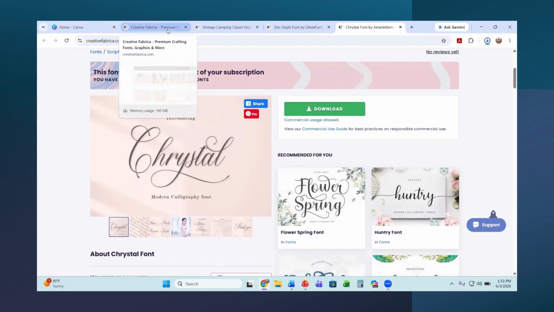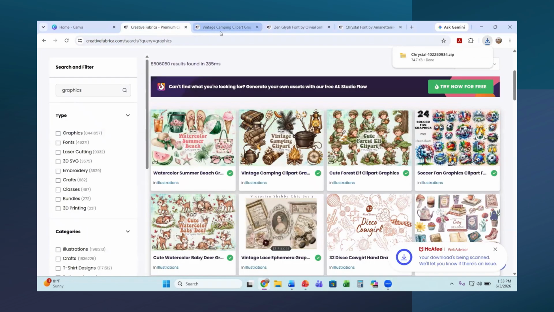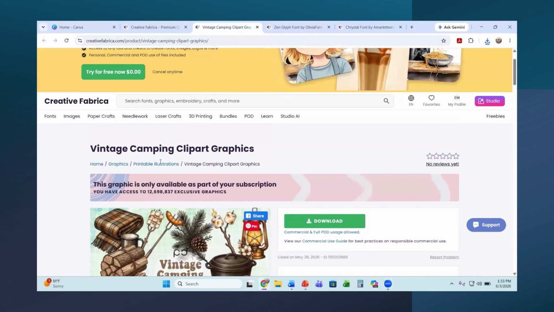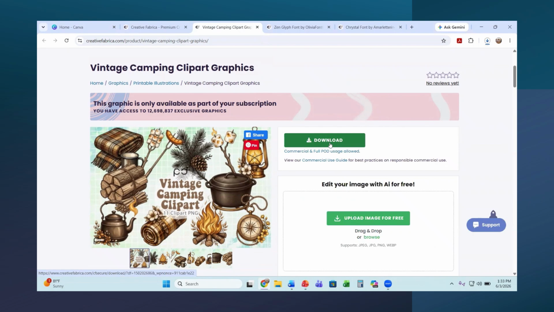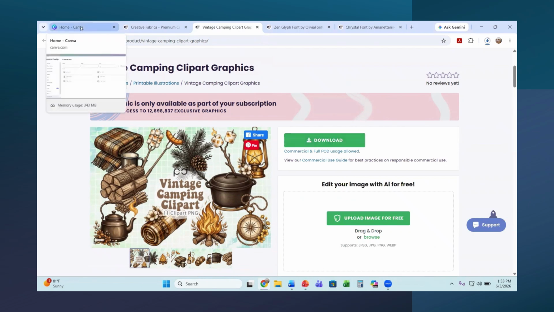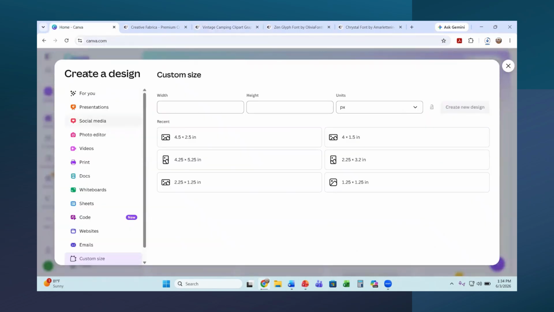And then I also was searching for some cute graphics, and I found this vintage camping clip art. So I'm going to download this as well. And while these are downloading, I'm going to go into my Canva and start a custom size here. I have the Canva Pro, and so I am going to do